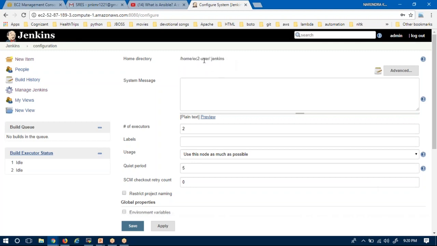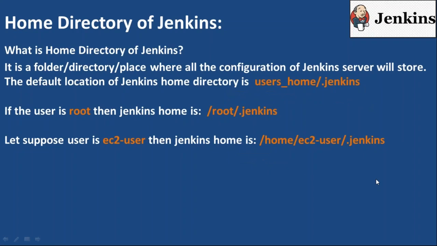Always under the user home, whatever the user may be, if it is root then /root/.jenkins, if it is any other user, under home, under that particular user, the .jenkins folder will be created as the default home directory. Now let me continue with our slide. See here, the next topic is changing the default home directory of our Jenkins.